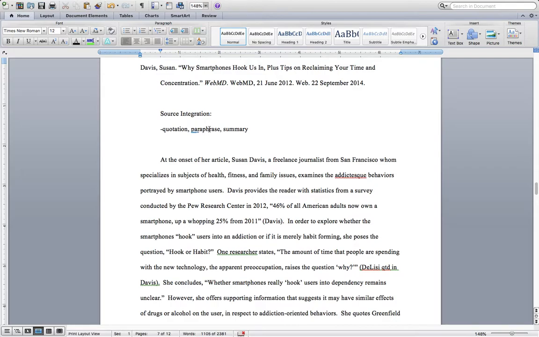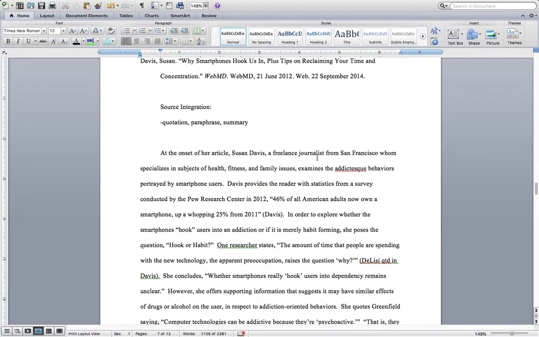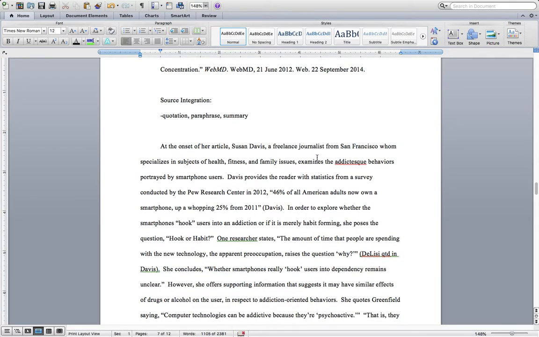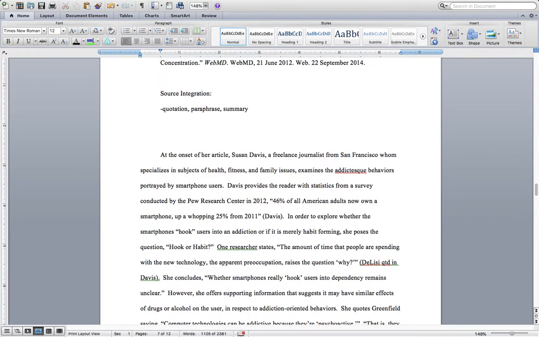It's kind of difficult to do. You just have to know how to do it. And quotation is the easiest, which is why I always recommend it. So if you can stick to quotation, stick to quotation. But source integration also has to do with grammatical integration of quotations or evidence. So making sure that the evidence you're bringing in grammatically flows with your actual words that lead